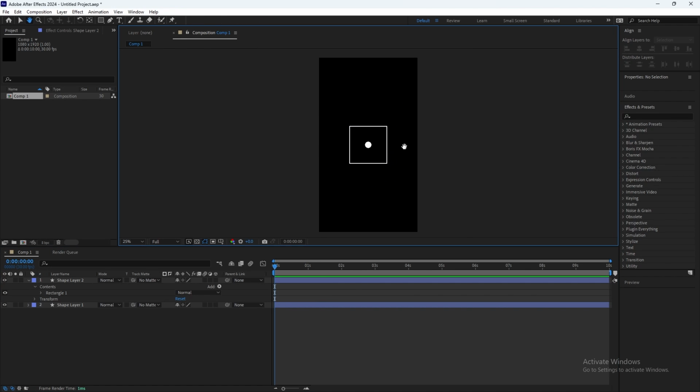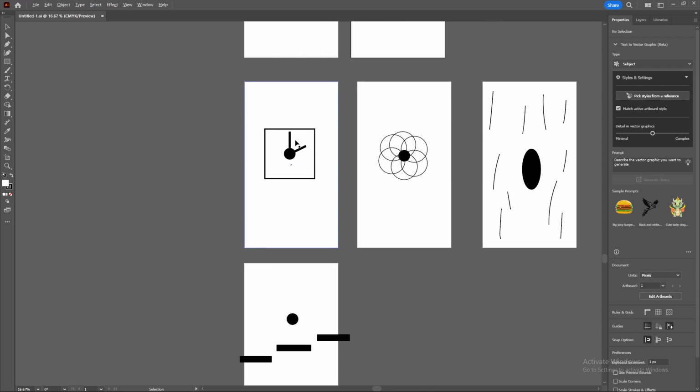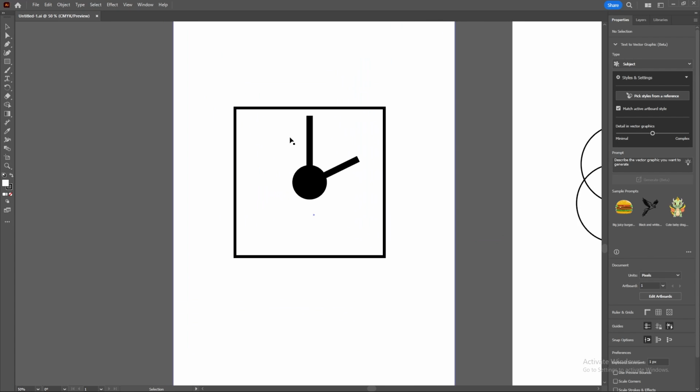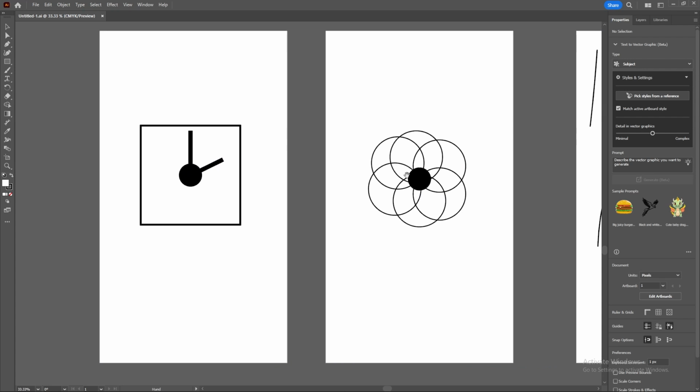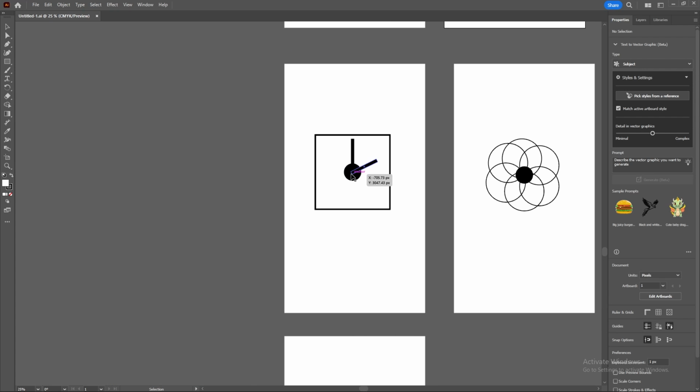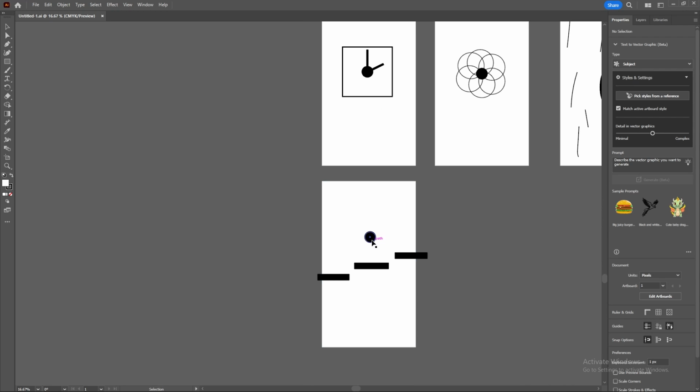Okay, if we see what we did here, first it spins like that, and then it moves to here. But what we want to do is to make it a loop. So here we have a ball.